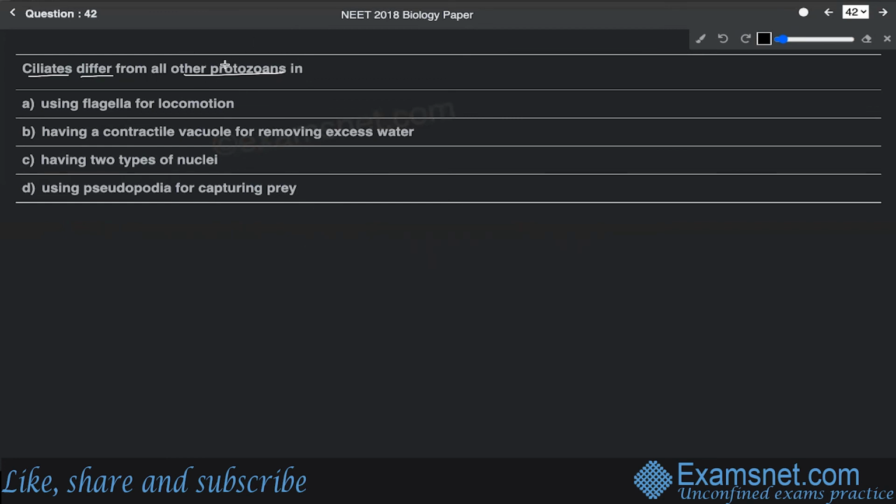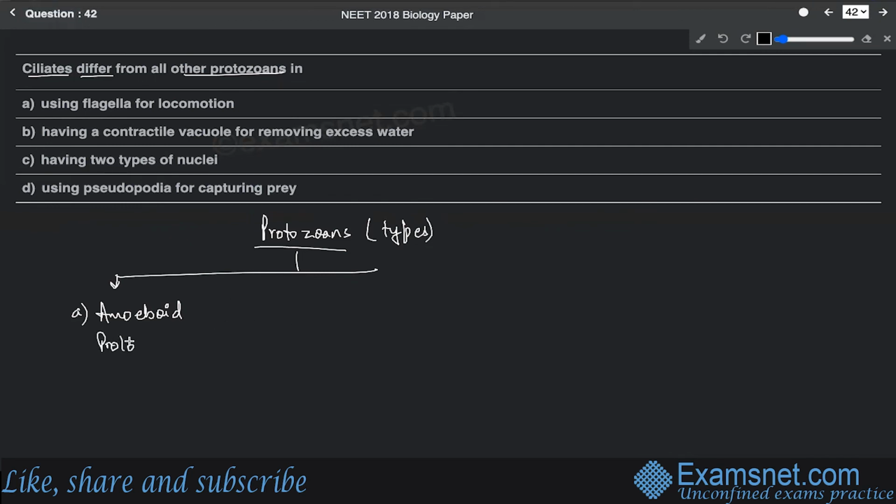And in the case of protozoans, there are ciliated protozoans, amoeboid protozoans, sporozoans, and flagellated protozoans. So basically, protozoans have 4 different categories. You might have studied it also. I'm explaining its types. So amoeboid protozoans,